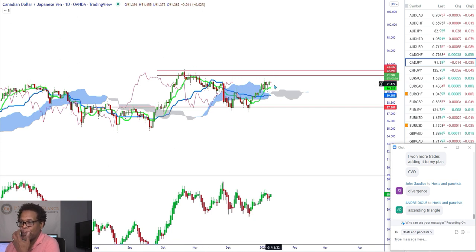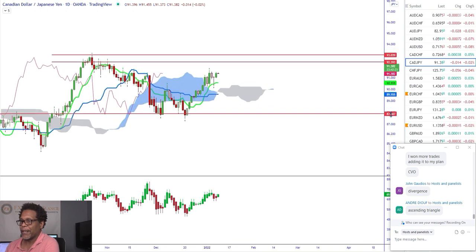So we may push up to this level, but again, for me to tell you we're going to get to that level, I believe we would, but the signs are not good right now because the only problem is crossover here, crossover again. Where's your cloud? I think we get there, but your cloud is flat. Kijun-sen's flat. Tenkan-sen's flat. Chikou span just broke above price, and you have highs that you haven't been able to break yet. So this level, I think we get here, but I don't think we break through right off the bat. I think if you get there, you probably see a correction, and then maybe you break through that later. But I think we get there.